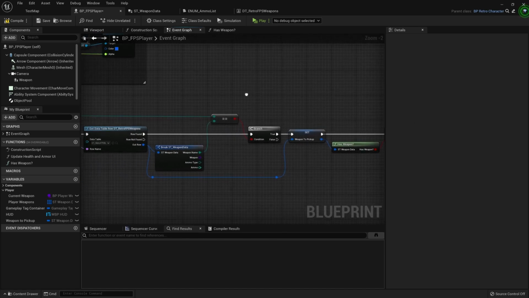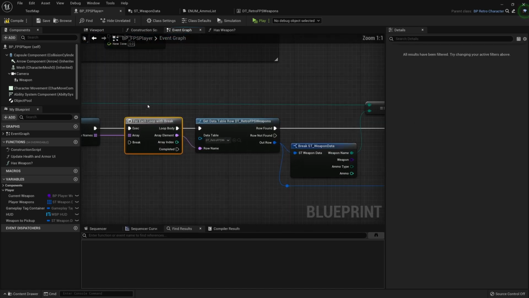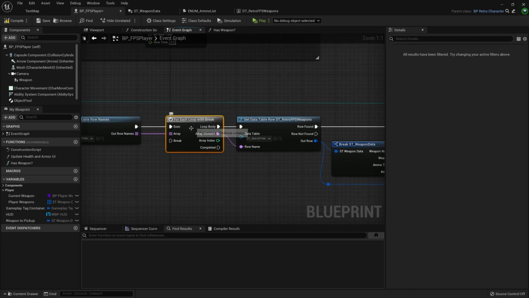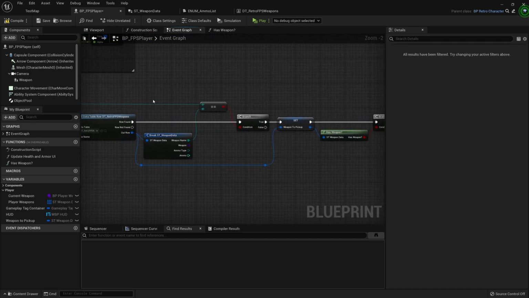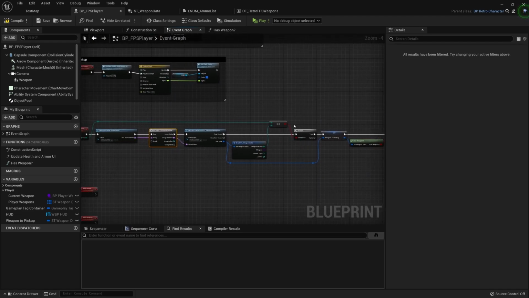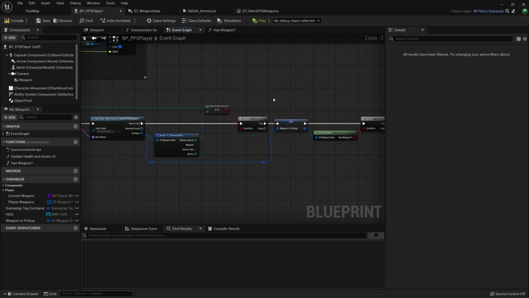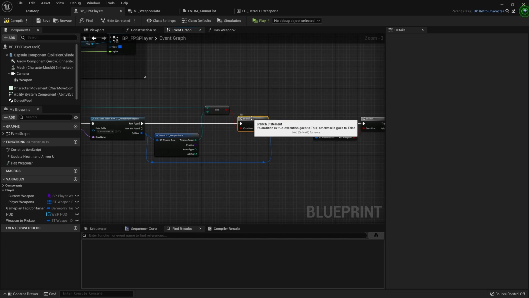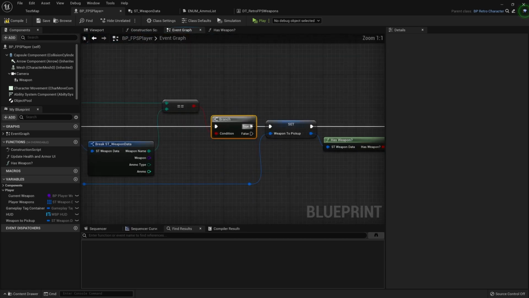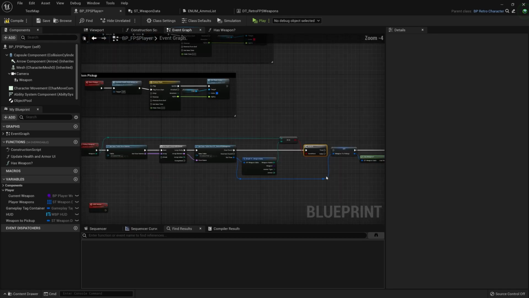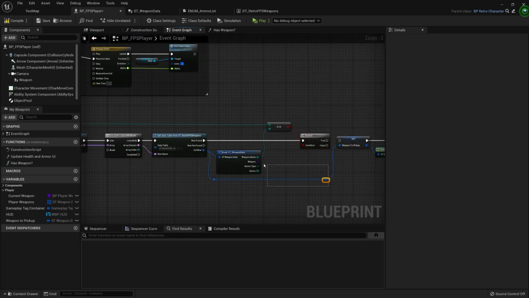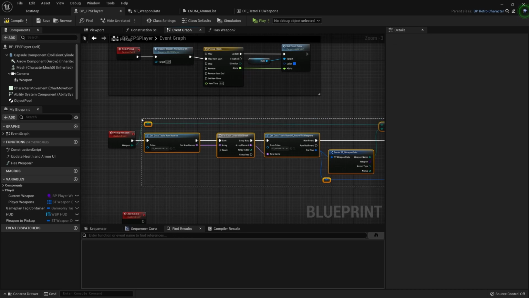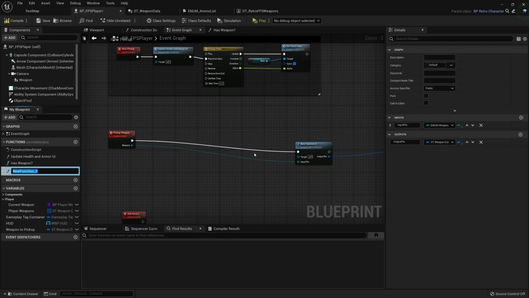Now before this actually is working, we still need to use this break on this for each loop with break, because we don't want to keep doing this for every row. So what I'm going to do is select everything from this branch forward. So I'm going to unhook this branch, and I'm going to just select all of this stuff here, and I'll right click and I'll collapse this to a function, and I'll call this get weapon from data table.